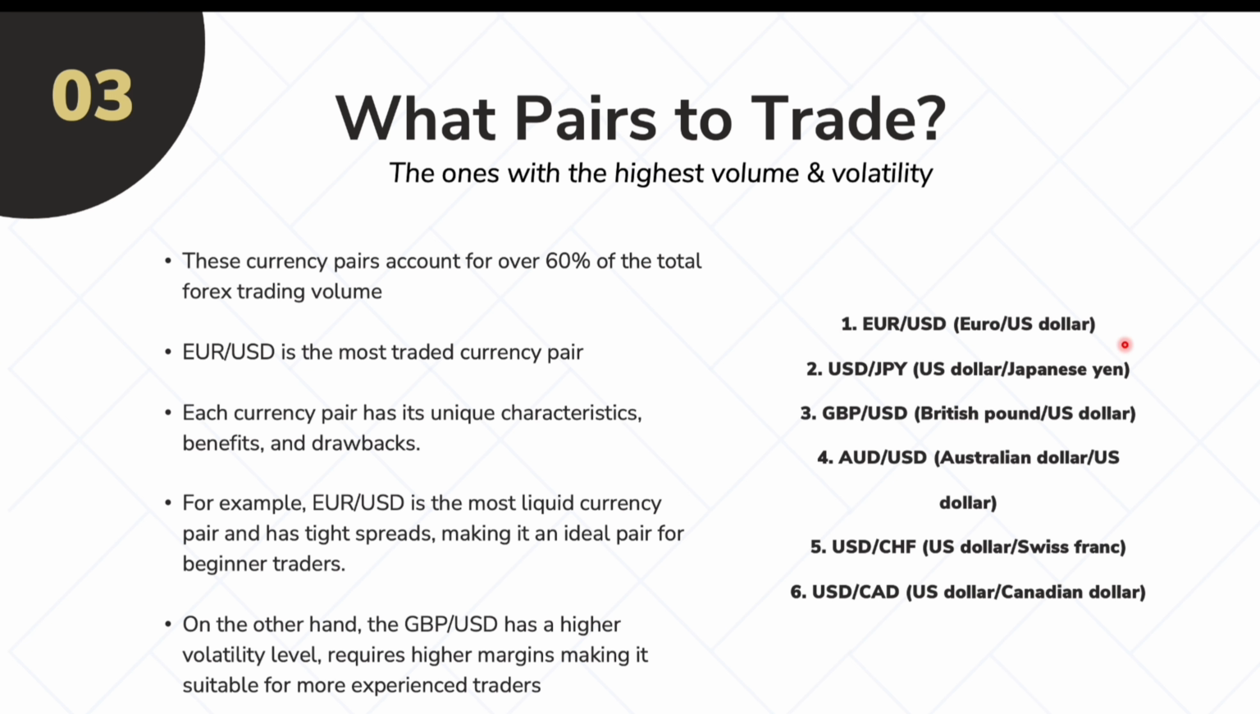So if you have some months or years of experience with euro US dollar, you're going to see the unique characteristics. You know the benefits. You know when it trades very nice. You know when to avoid trading euro US dollar. And the same goes for every pair. And here in this example, euro US dollar is the most liquid currency pair and has tight spreads, making it an ideal pair for beginner traders. So I would say if you're a beginner trader, start with euro US dollar and with USD JPY,